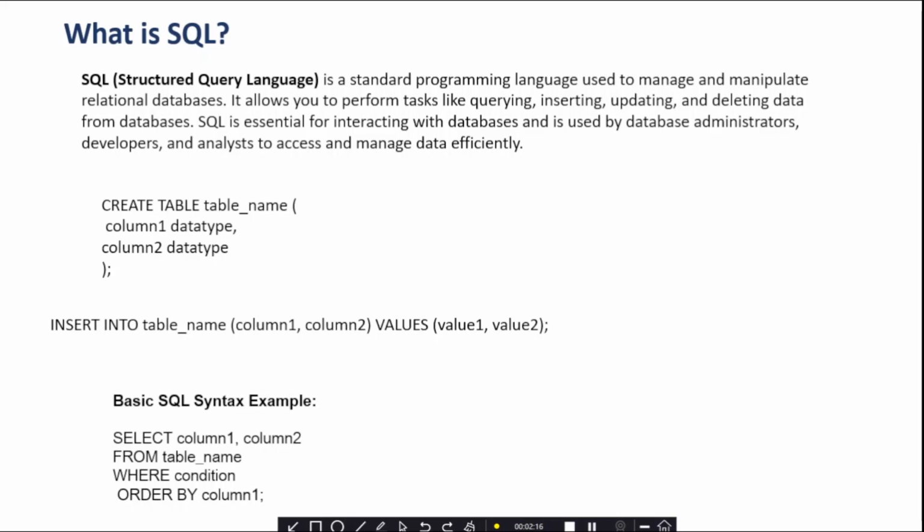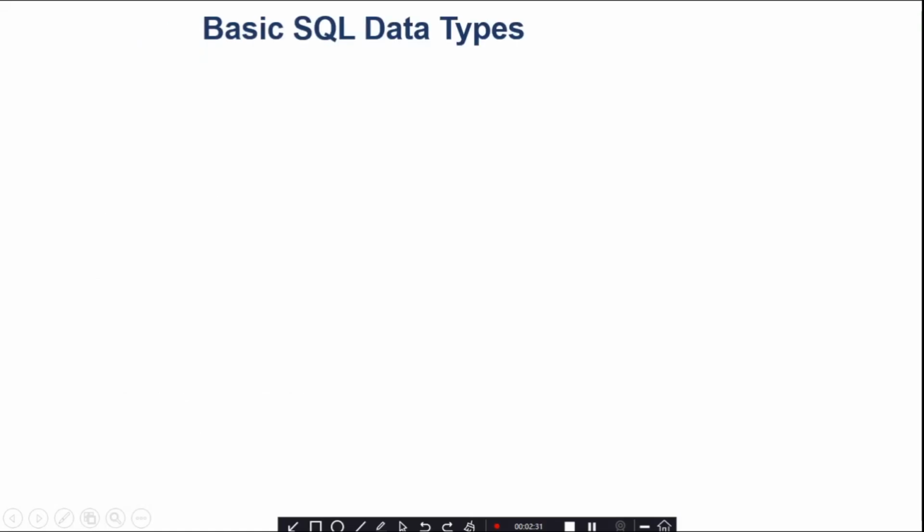So you use SELECT column 1, column 2 FROM table name WHERE salary greater than 5000, ORDER BY column 1. This will retrieve the data from both the columns.